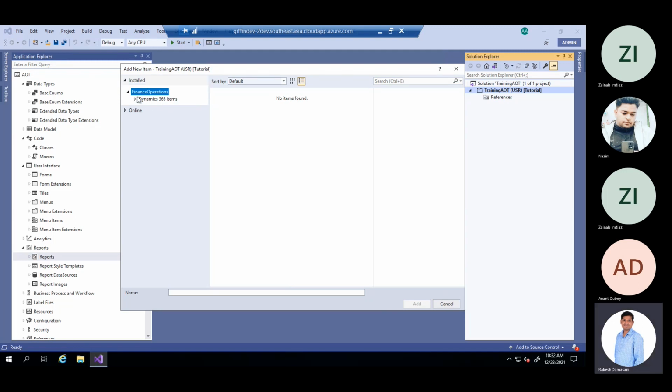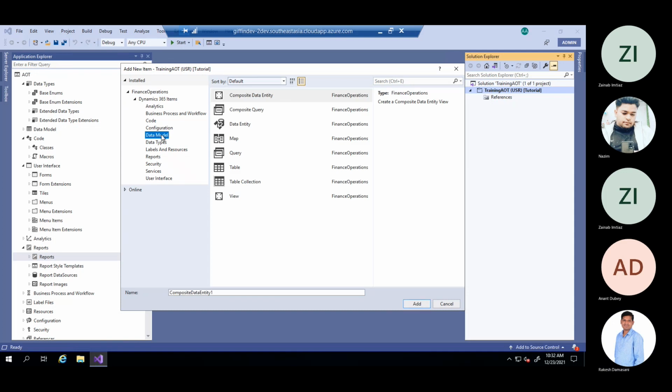In New item, you have to go to the Dynamics 365 items tab. Here I want to create a new table. Tables are under Data Model, so I selected Data Model and I want to create a table. So I selected Table and I have to give some name.